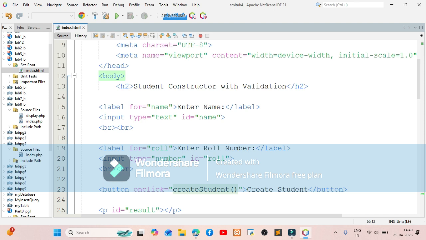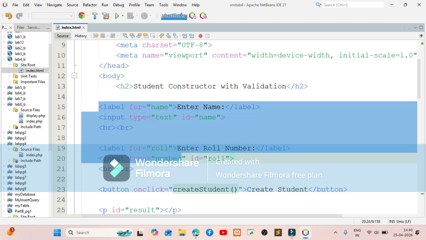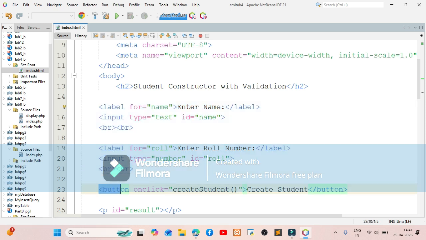Before we start executing the program number 4, let us understand how exactly this program works. Now in this program, we are having the form elements, that is label and input, and using these form elements, we are going to accept the name from the user as well as accept the roll number from the user. Then there is a button element. For this button element, we are using the event onclick, or in other words we are capturing the onclick event, which is a mouse event, and whenever the user clicks we are going to call the function called createStudent.